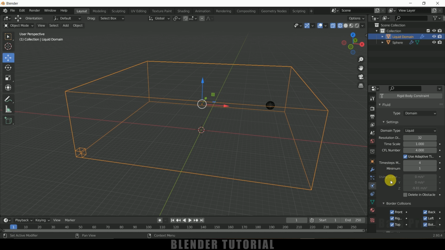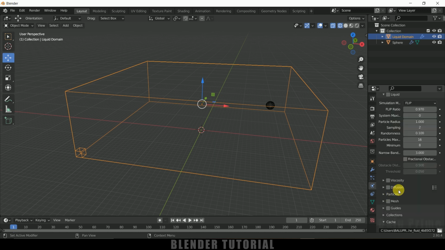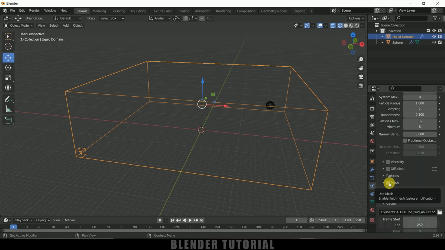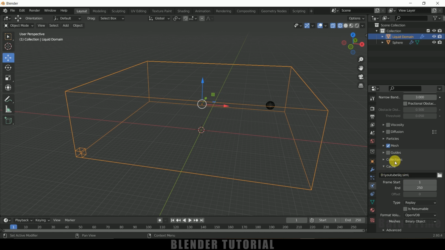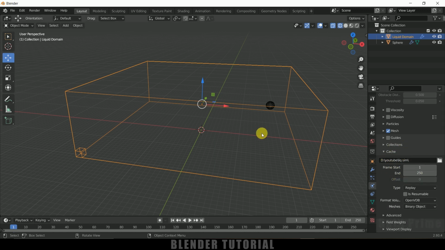Okay, so now scroll down and let me enable this mesh option also, so that we'll get mesh created, and we need to select a folder where we can save the cache data. So now let me select a folder for that. So here I have selected a folder to save the cache. Okay, so now select the sphere,